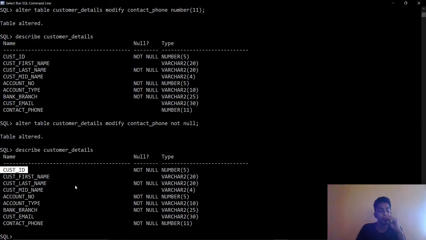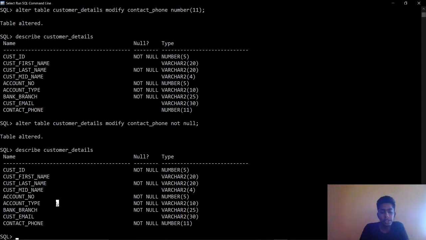While inserting the data, the customer IDs should be checked to be between 101 and 105. So we need to add a check constraint to the customer ID, so it will check and allow them in the table.